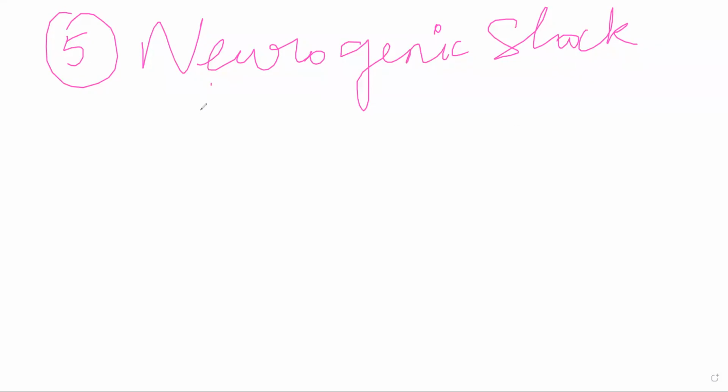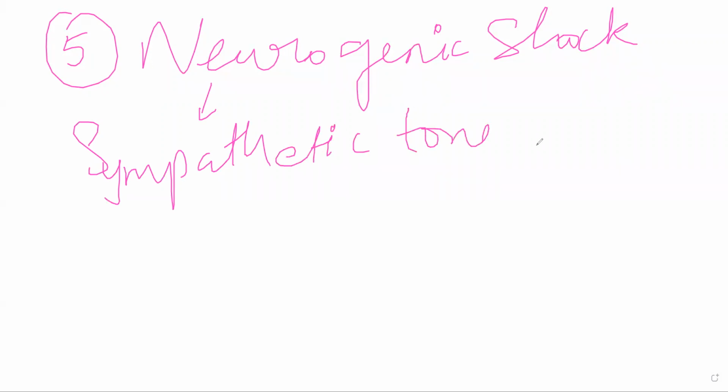So the main effect of neurogenic shock is that sympathetic tone, sympathetic stimulus in the body, will be lost. And as a result, the parasympathetic response, especially the vagal response, will be unopposed. It will become very excessive. Vagal stimulation becomes too much, and because of that the parasympathetic response will become very strong.